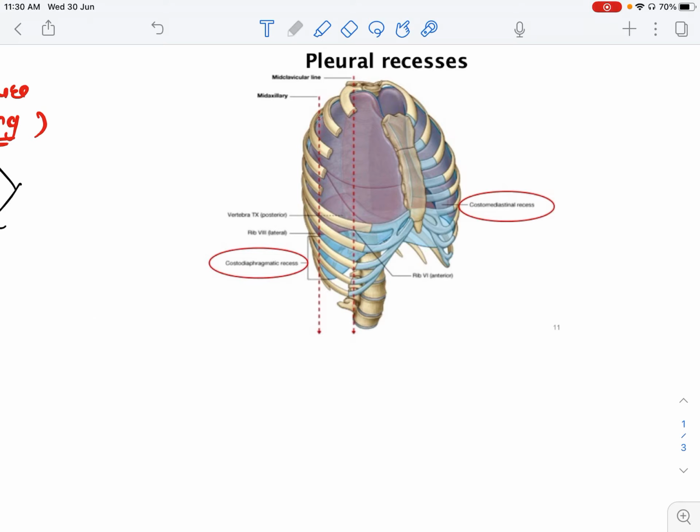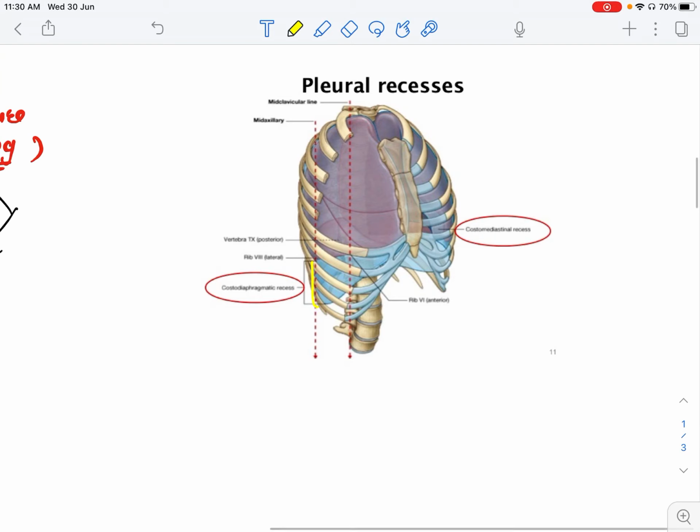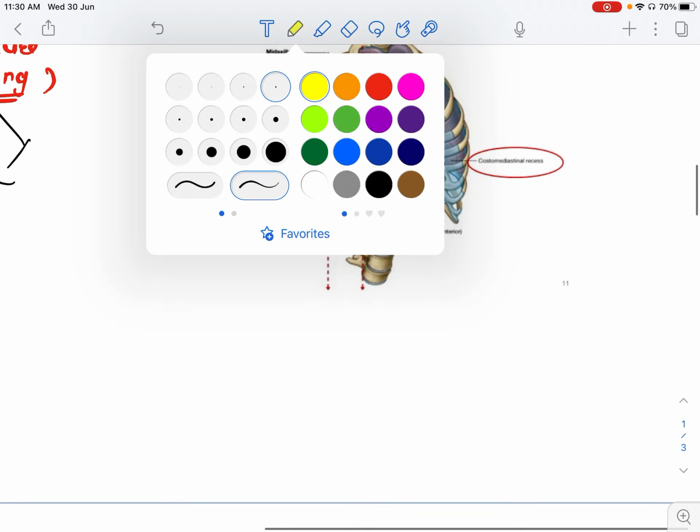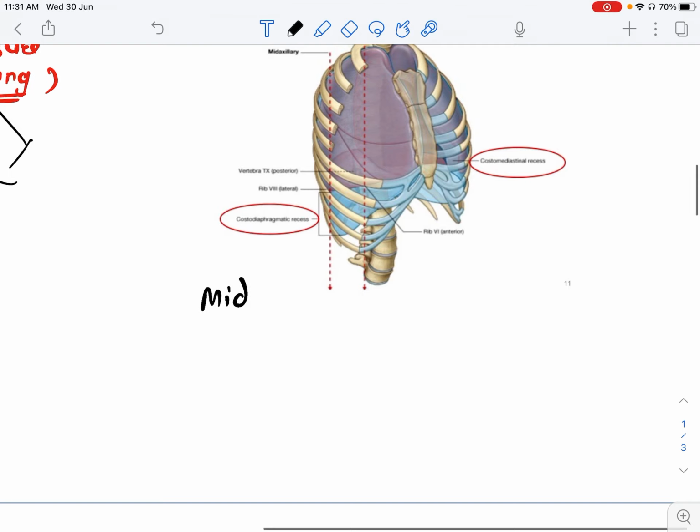Now what we can see clearly is that these pleural reflections are going deep down and forming two kinds of recesses, that is costo-mediastinal and costo-diaphragmatic. We have all learned this in anatomy. So for their corresponding surface anatomy, we'll consider 3 lines, and depending on those 3 lines, we'll be able to mark them. First will be the mid-clavicular, then the mid-axillary, and the third line will be